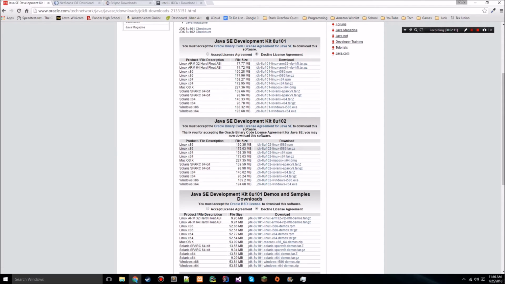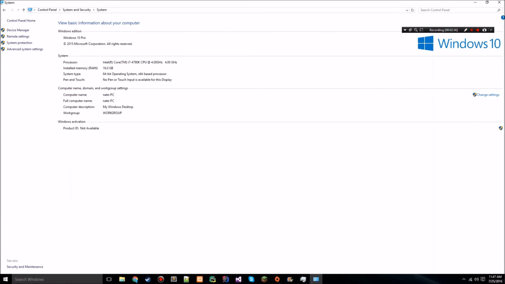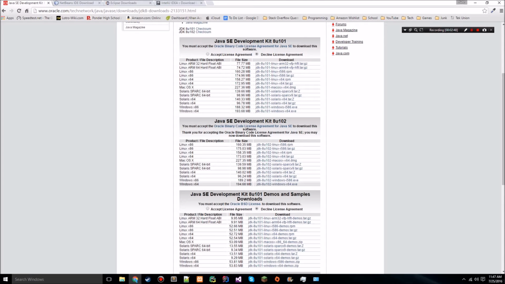Alright, so pick which operating system you're using, and also which system architecture you have. And if you don't know which system architecture you have, meaning if you have 32-bit or 64-bit, go ahead and open File Explorer. Go to This PC and hit Computer, System Properties, and it'll tell you right here along with how much RAM you have and the type of processor you have. It says I have a 64-bit operating system with a 64-bit processor. So what we're going to do is download Windows x64 for me,